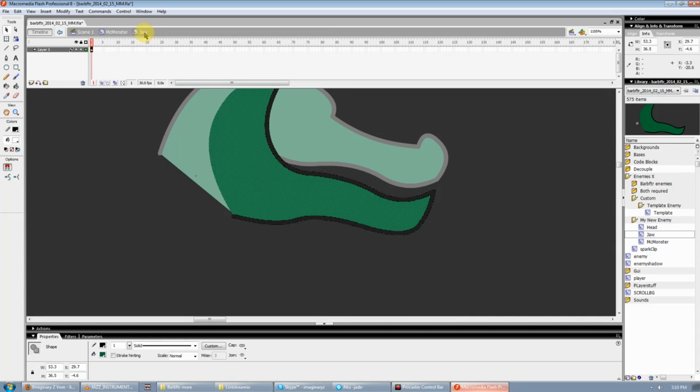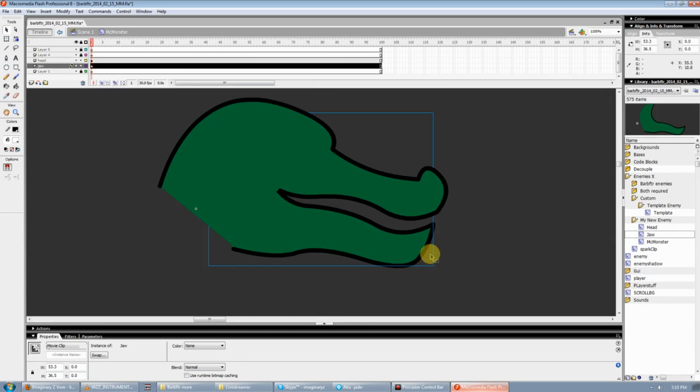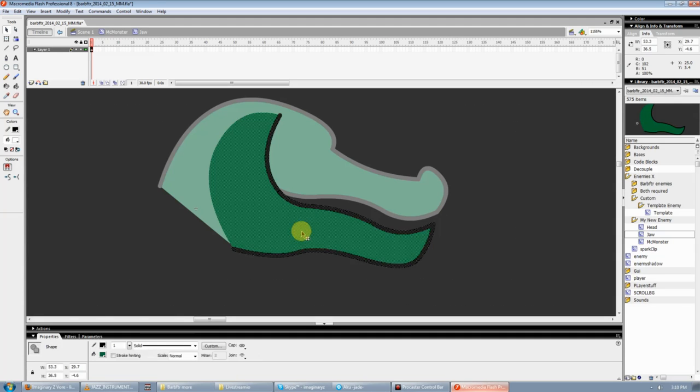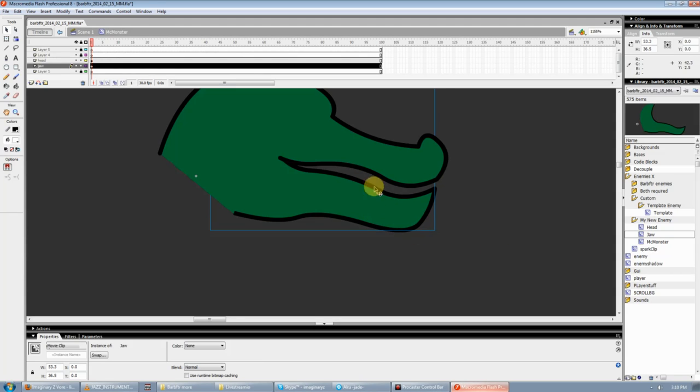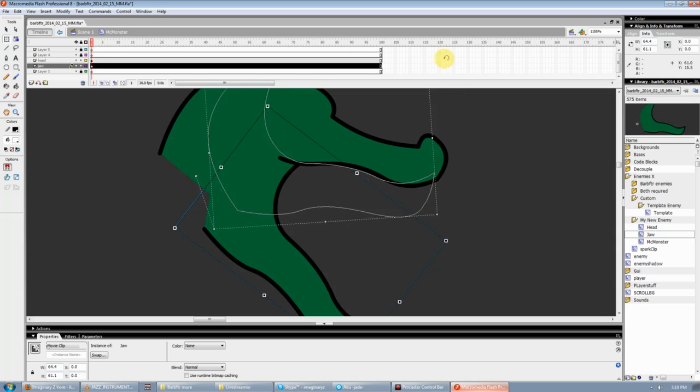Since I'm inside of the jaw symbol, I'm not editing anything else. That's why it's all whited out. If I double left click away from it, now I'm back to my animation. Are they centered? Not really. I'm going to move it a little bit more. There. So now, if I left click the jaw or the head and Q, they'll rotate around their respective center,